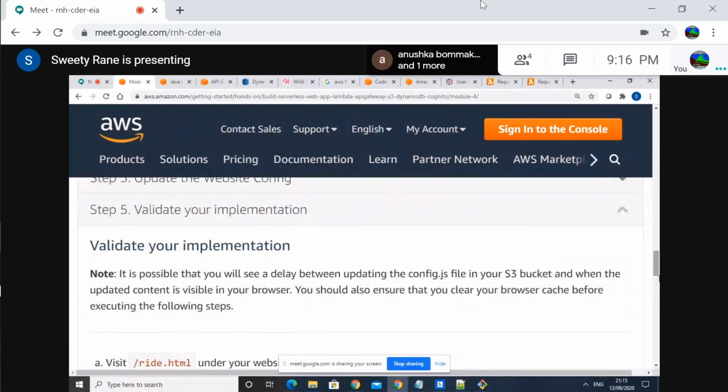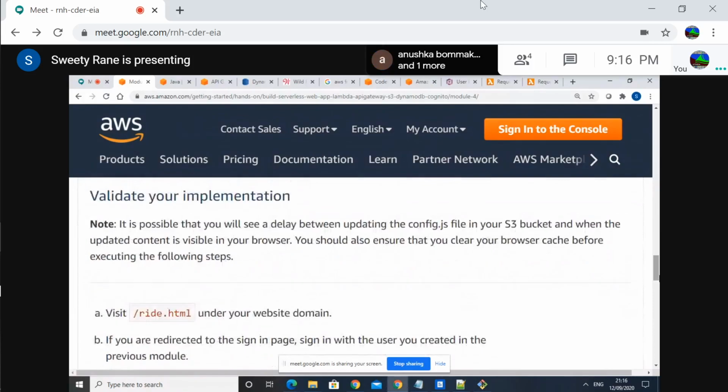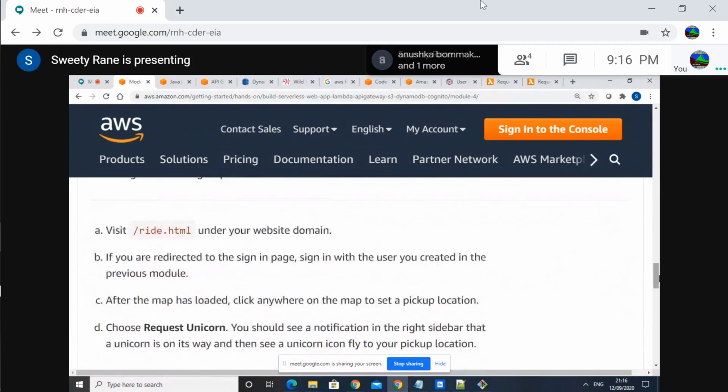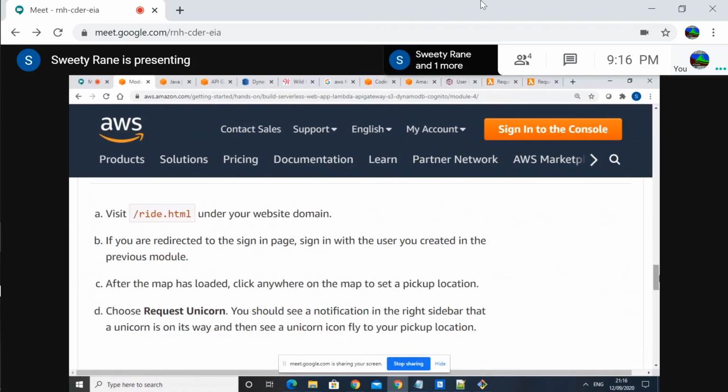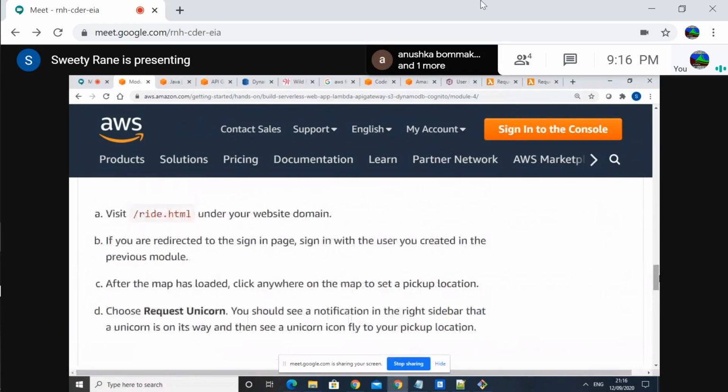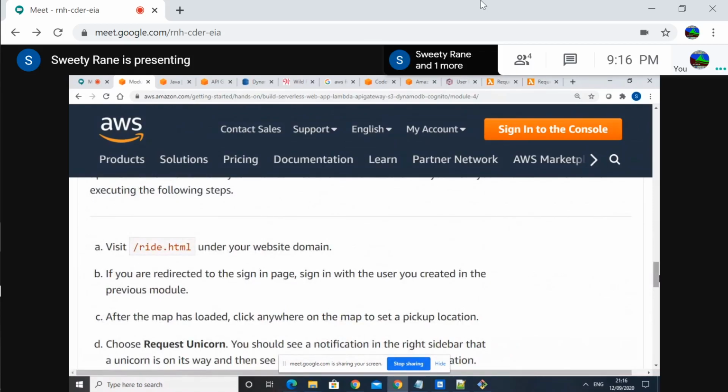What does it say? Yeah. So basically they will call the ride API, which will call the ride lambda function, and the lambda function will create a record in DynamoDB, and then in the front end your ride will be booked.